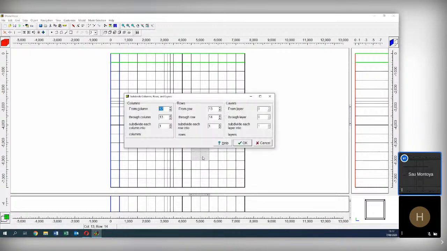Say we have selected cells from row 12 to 13, from column 12 to 13, from row 13 to 14. Then we can decide, okay, I want this to be refined in 4 on columns and 4 on rows.